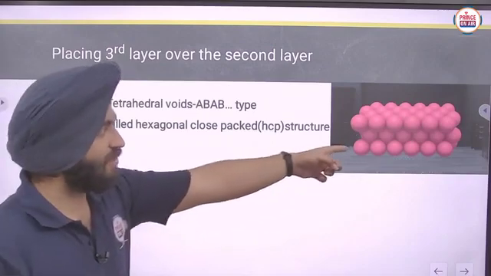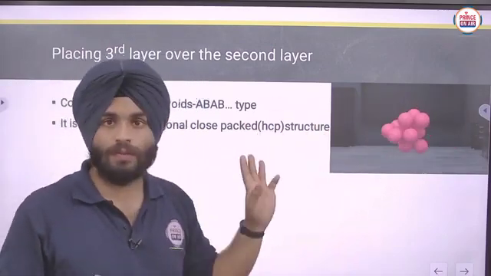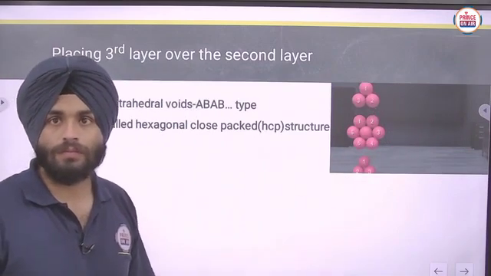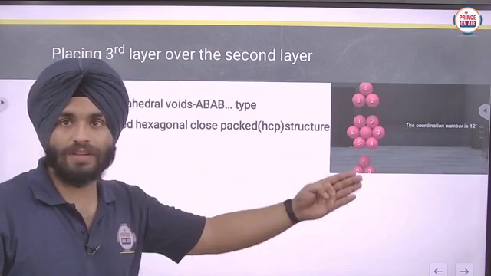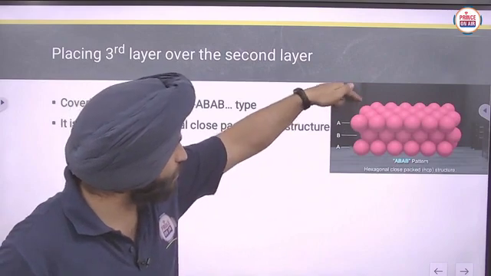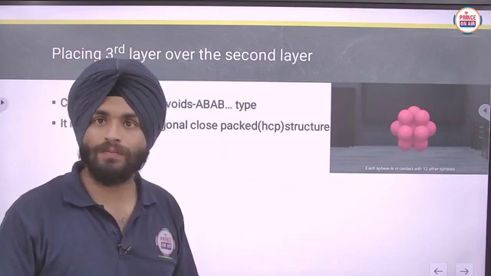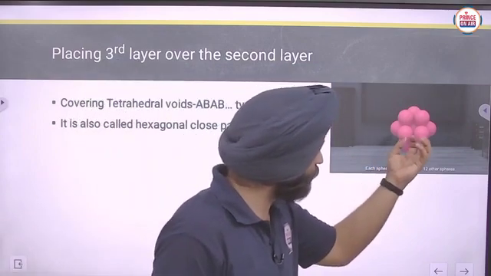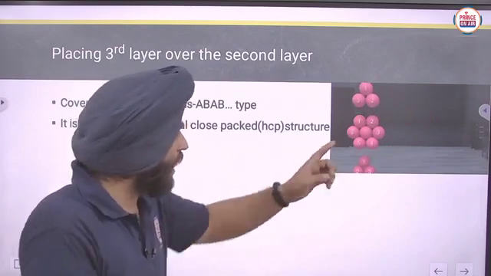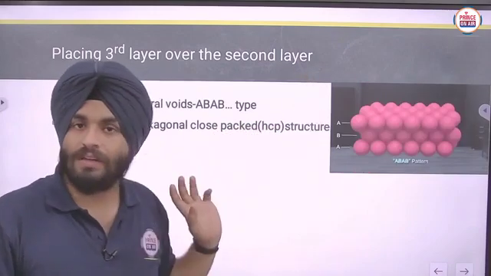Okay, here you can see that. If you can't imagine it in a proper way, you can look at this one for 1 or 2 minutes. Can you see this properly? See, the third layer is placed, and it is similar to the first layer. Now if I take some layers out from it, it will form like this. The first layer is similar to the third layer.